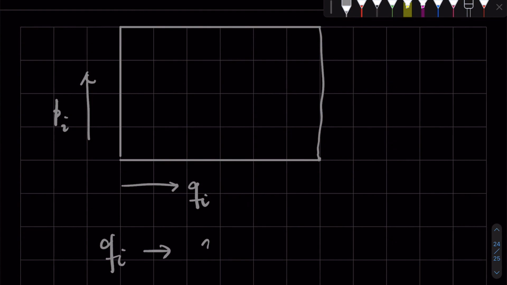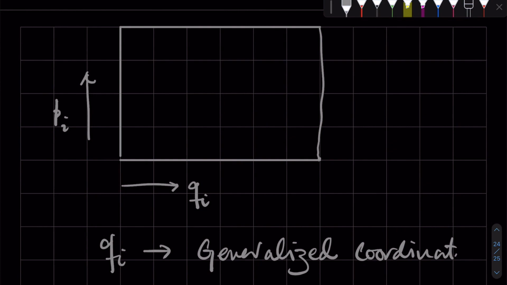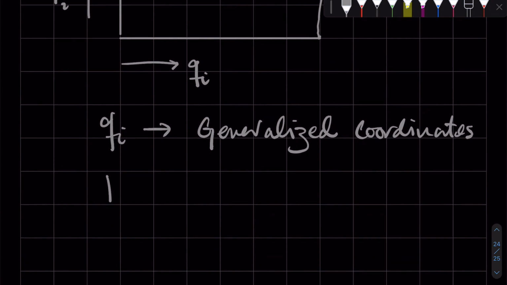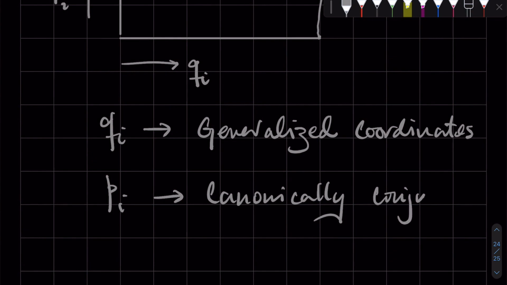QIs are the generalized coordinates, whereas the PIs are the canonically conjugate